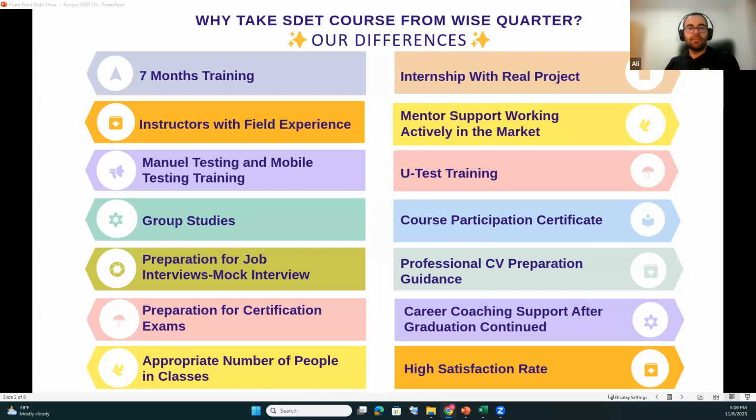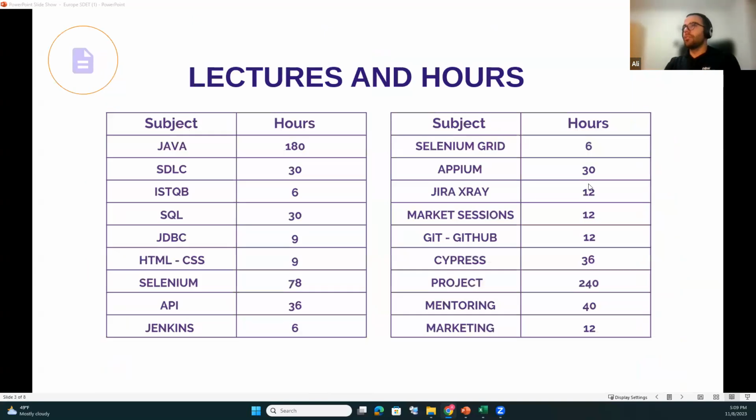I'm sure maybe you heard this in your work environment or in the past. SQL is short for structured query language, which is for database applications. So you're going to be testing databases after you learn SQL. Also, you can see here the lectures and hours, how many hours you will learn and what exactly you will learn. After SQL, we can go with JDBC. JDBC is a library used to connect to databases and run queries with the Java language. So you are going to be learning that also.